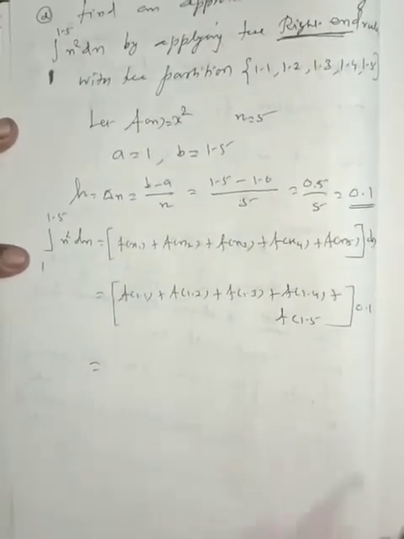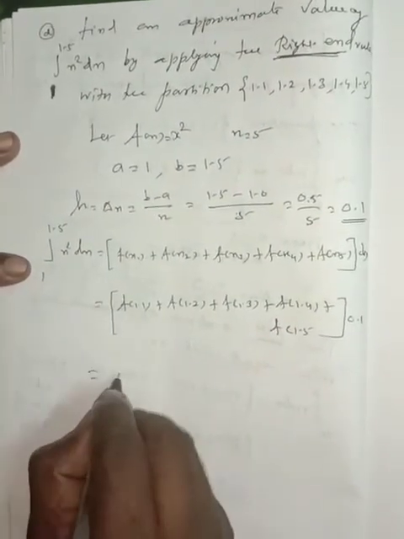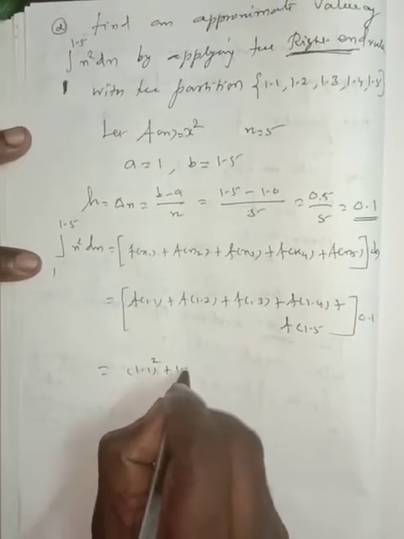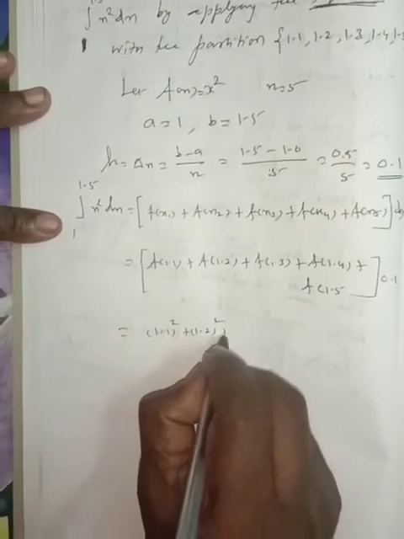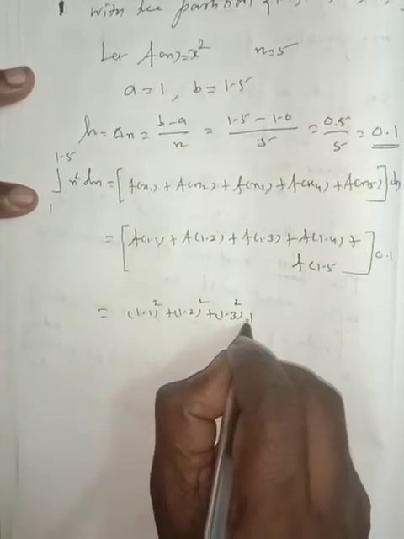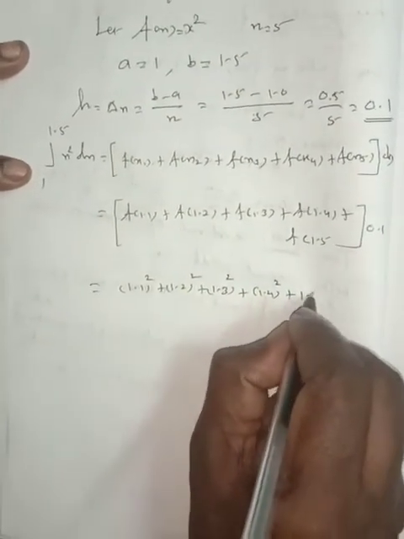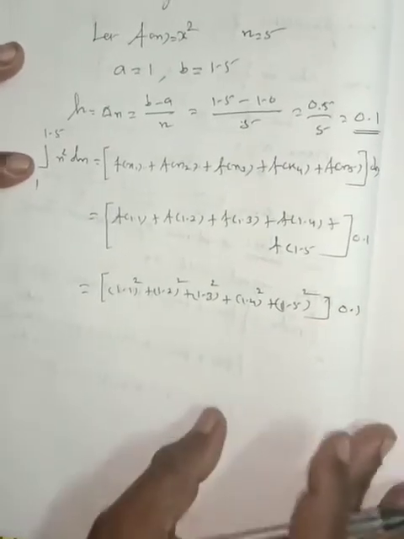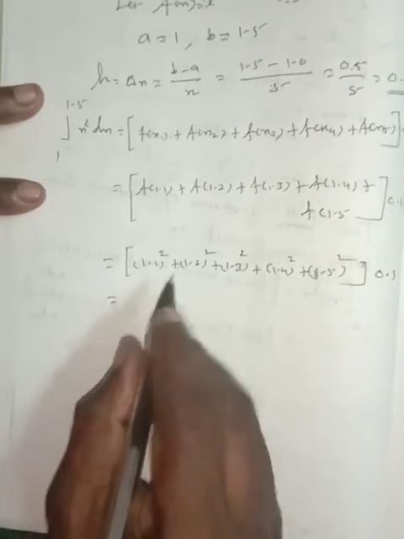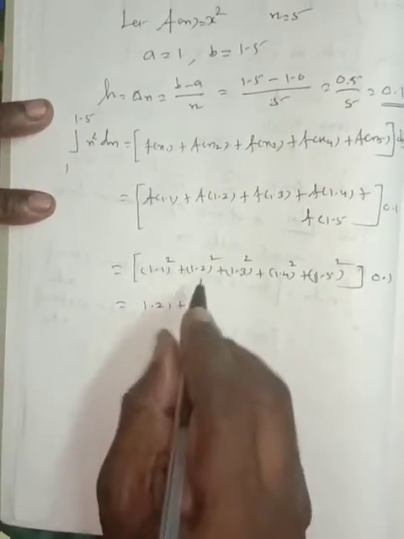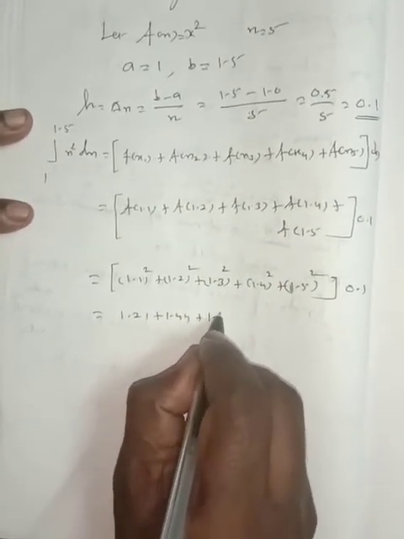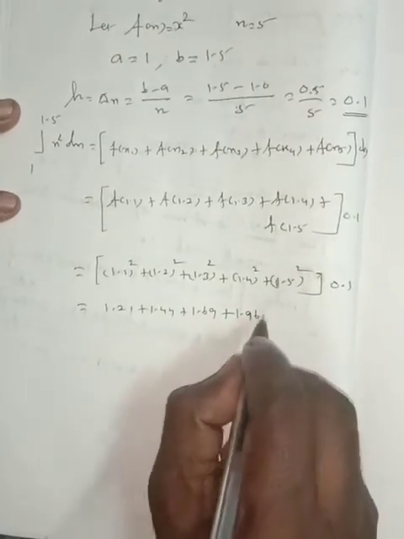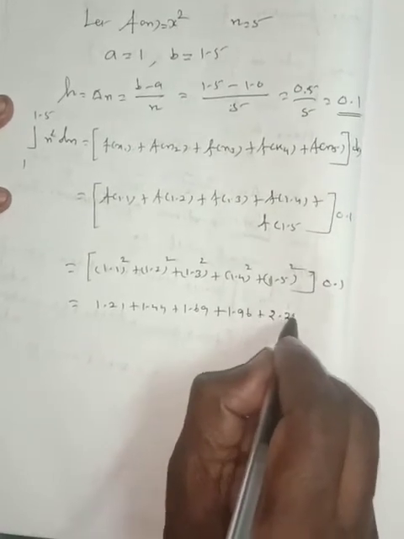Next line, applying 1.1 in x, we get 1.1 whole square plus 1.2 whole square plus 1.3 whole square plus 1.4 whole square plus 1.5 whole square, into 0.1. 1.1 whole square is 1.21, 1.2 means 1.44, plus 1.69 plus 1.96 plus 2.25, into 0.1 is equal to